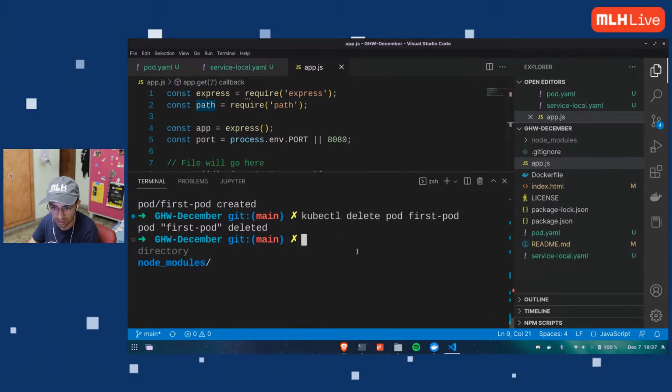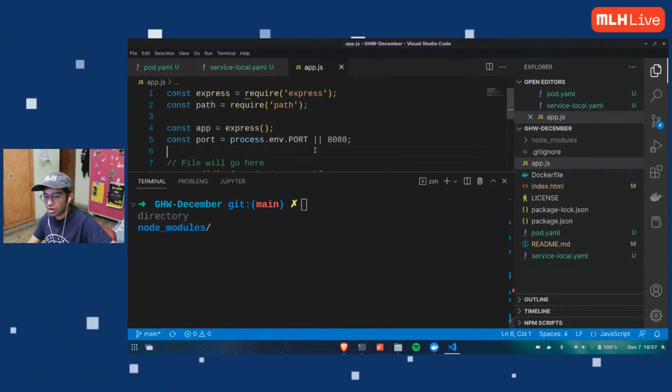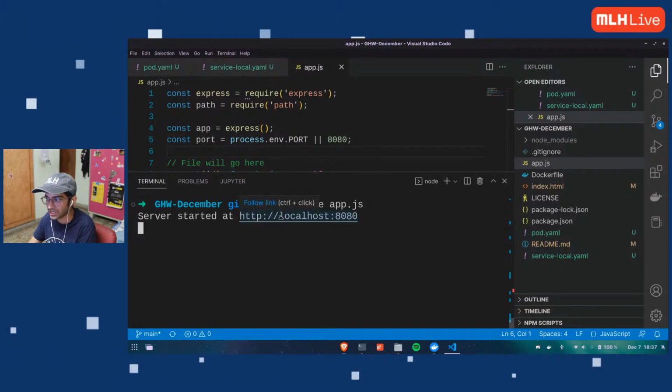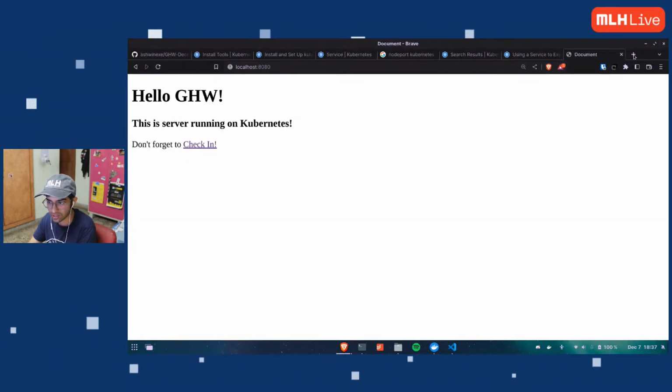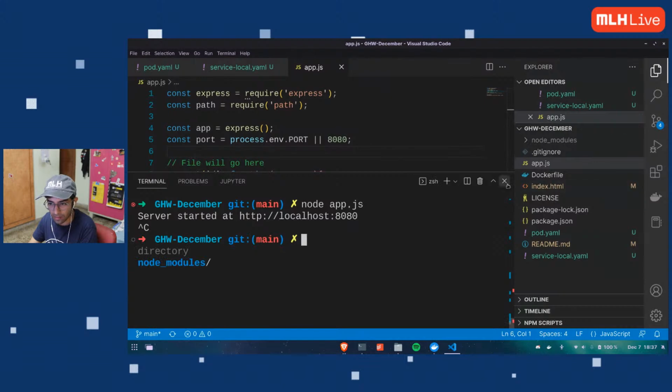But let me show you the difference. Let me delete this. This is my normal app.js. If I run node app.js, it will run on localhost 8080. That is my port, so my program is running here. Let me show you localhost 8080. It's running.